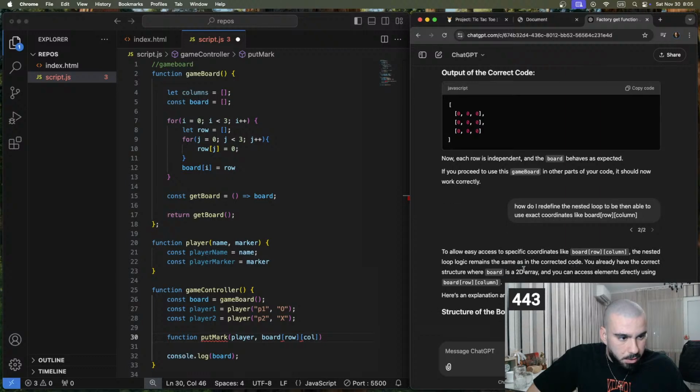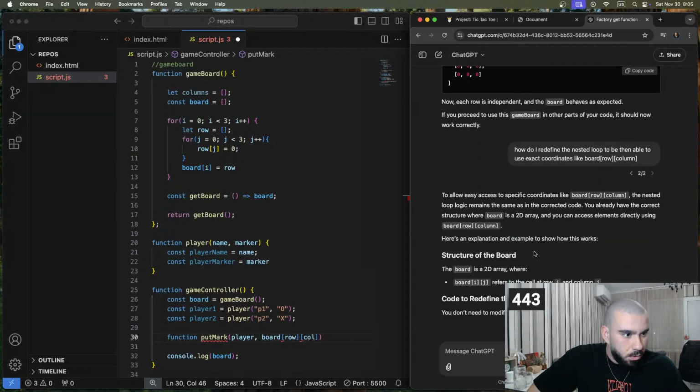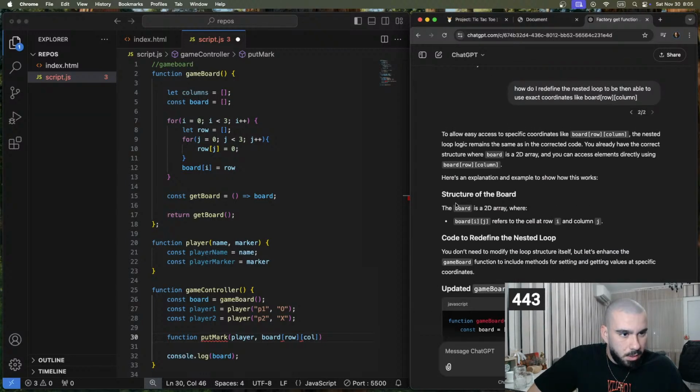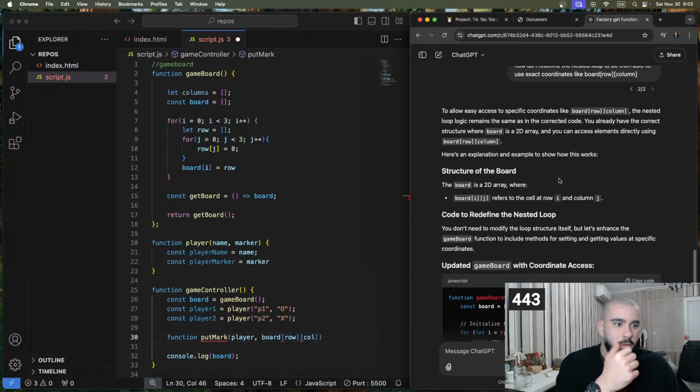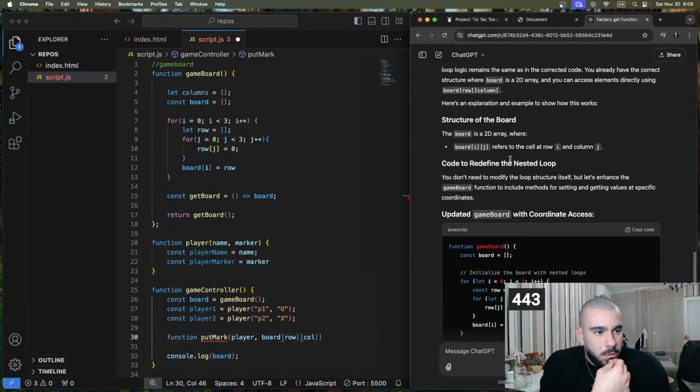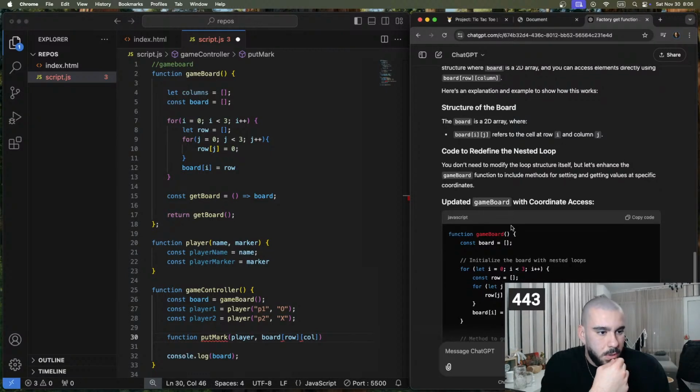To allow easy access to specific coordinates like board, row, and column, the nested loop logic remains the same as in the corrected code. You already have the correct structure where board is a 2D array and you can access elements directly using row and column. Here is an explanation and example to show you how this works. The board is a 2D array refers to the cell at row I and column J, and that's alright, but